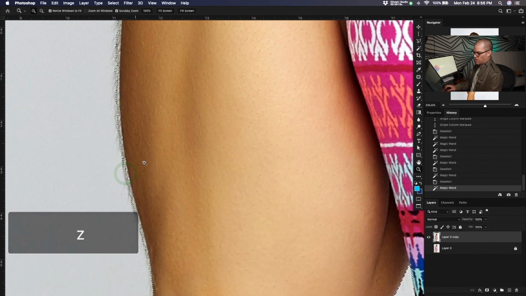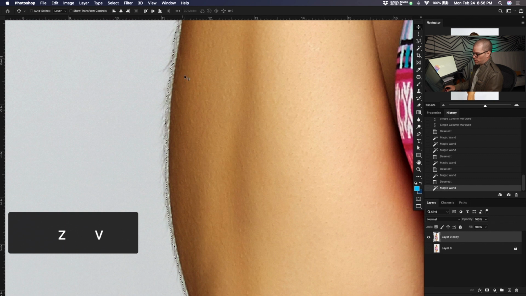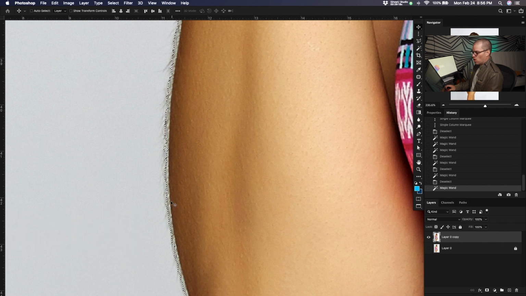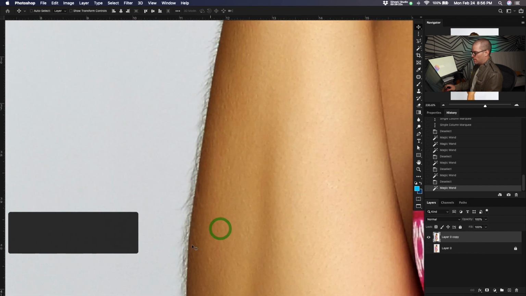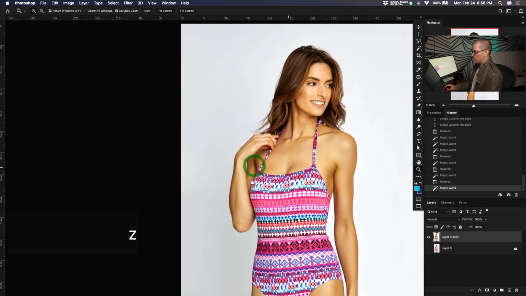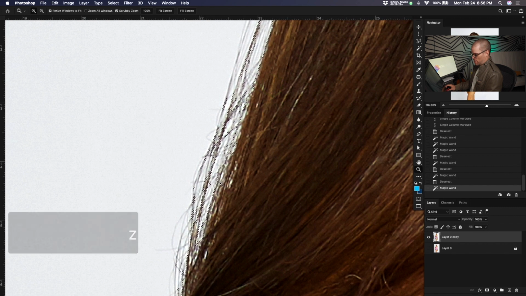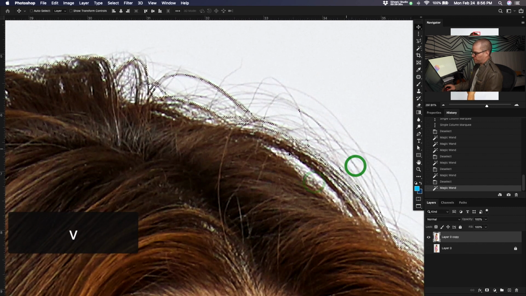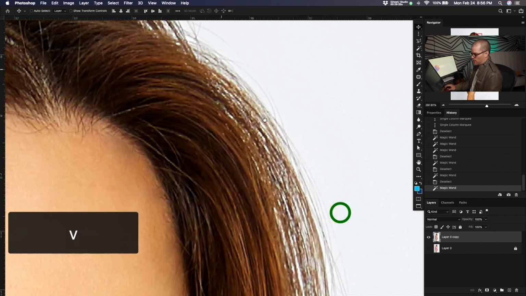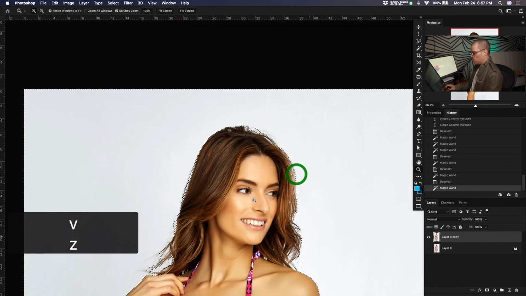Same thing that's happening here on the edge. Notice with the hair on the arms, it's not getting all the way to the edge of the skin. And up here it is, but down here it's not. And in some places, you're going to see better selection around the hair. Now it's including some of the hair. And a lot of it, it's not,